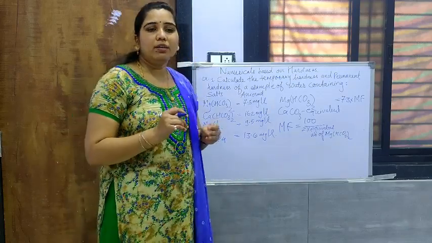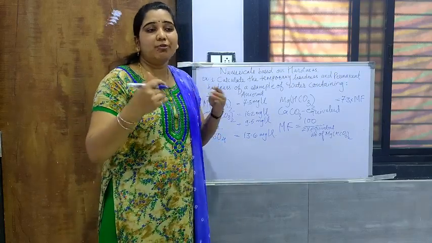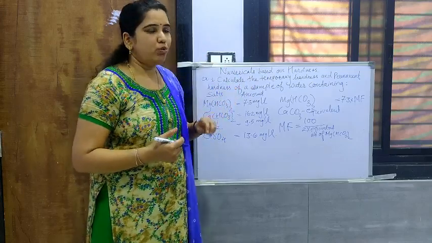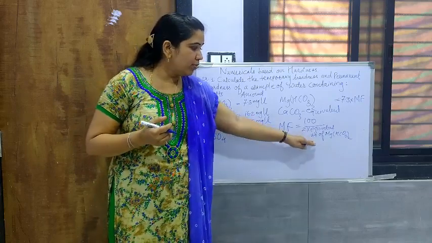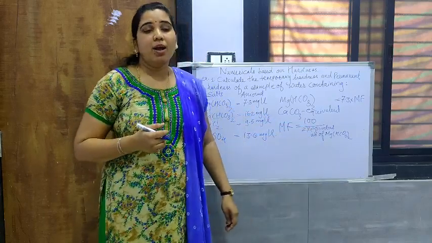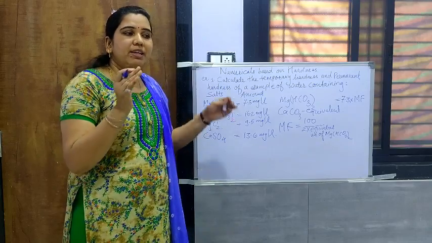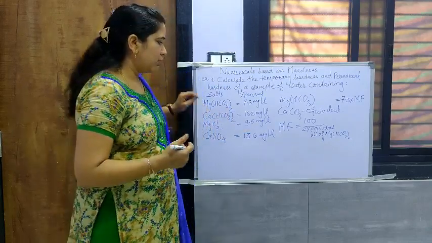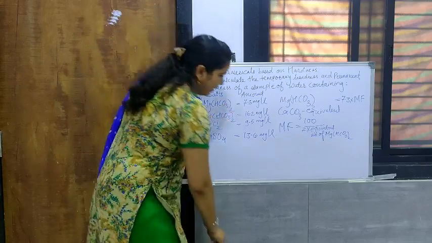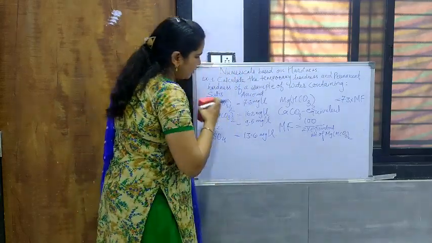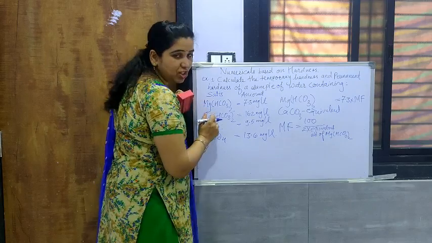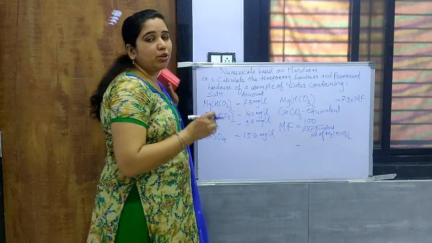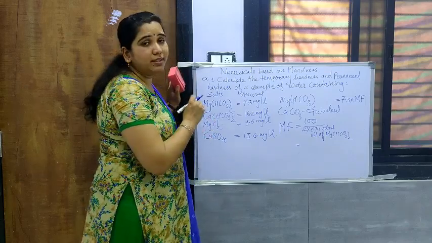We know that whenever we have to calculate any equivalent weight, we have to divide the molecular weight by valency. So for that we first have to calculate the molecular weight of Mg(HCO3)2. And what is molecular weight? Ultimately we calculate molecular weight by using the atomic weight of each atom in the molecule. So we should know the atomic weight of each of the elements considered in the problem.